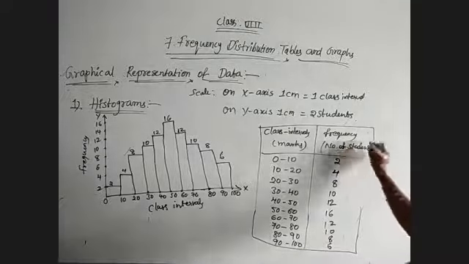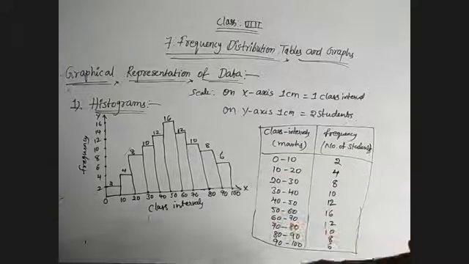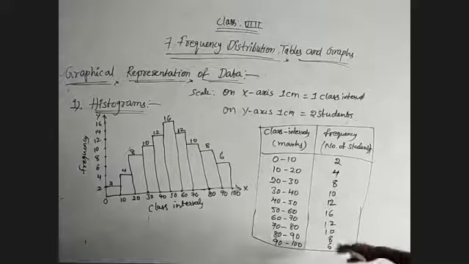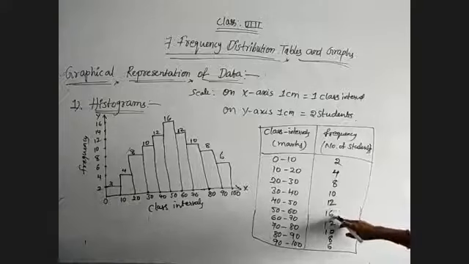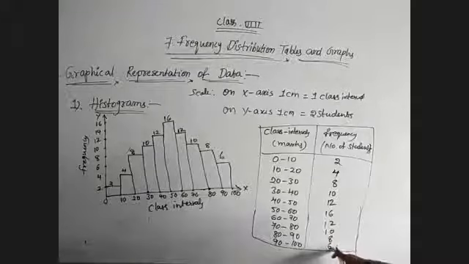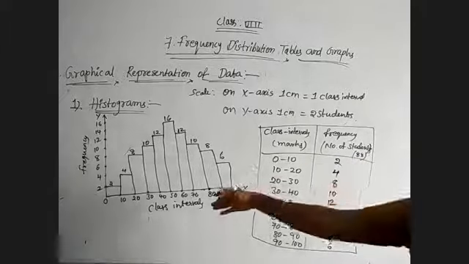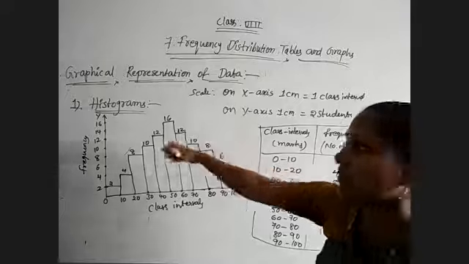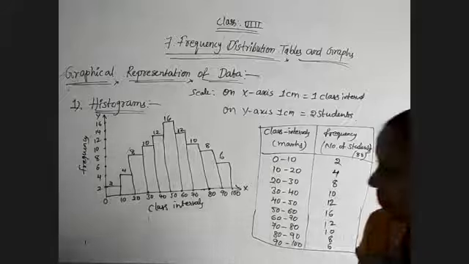Now, for how many students is this information mentioned? Adding up: 8 plus 2 is 10, 10 plus 10 is 20, 24, 30, 40, 52, 54, 64, 74, 80, 88. Actually they gave other numbers, but for easiest calculations I have mentioned these for understanding purposes. So here, the total number of students is 88.